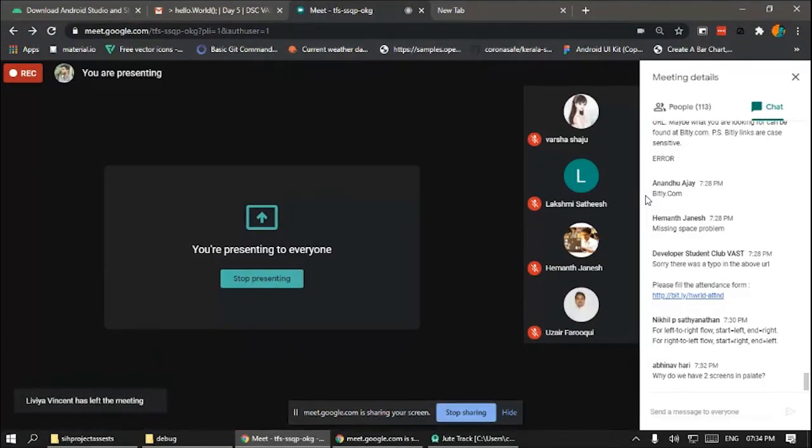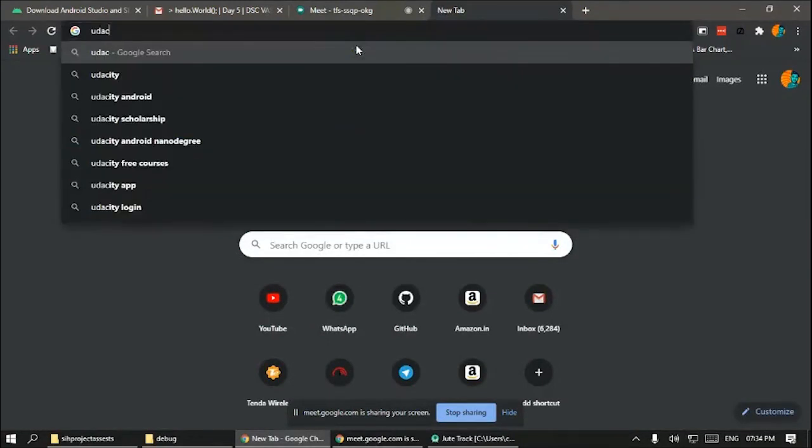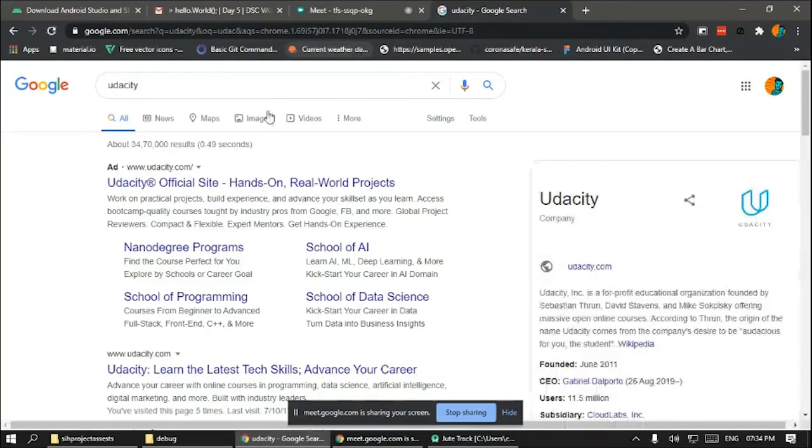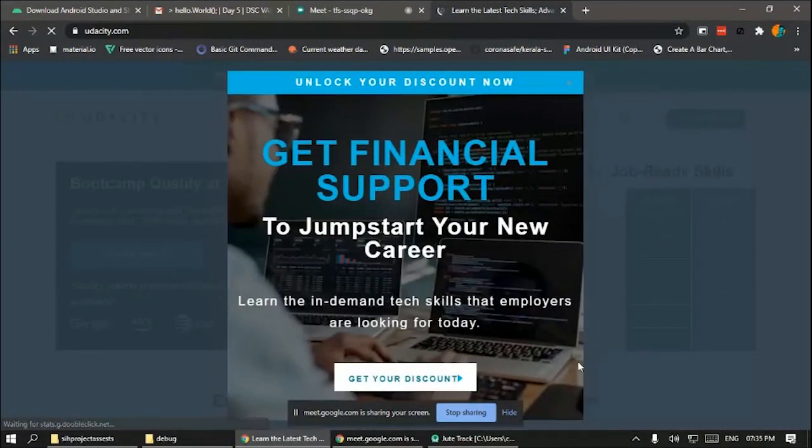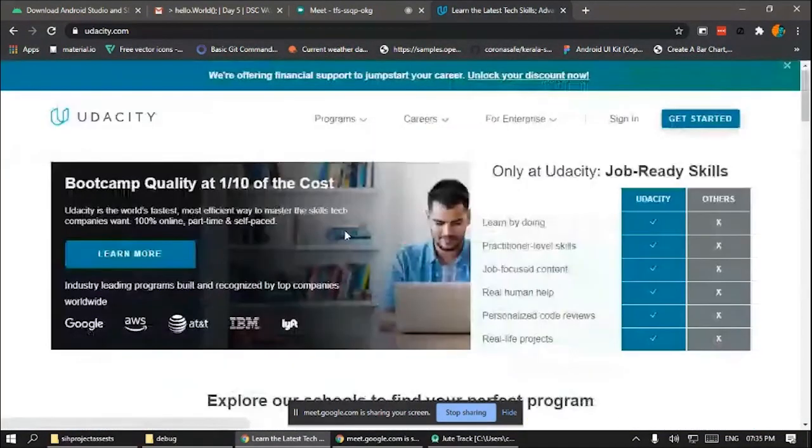Like if you are going to build a notes application, just learn the basics of XML. Just learn the basics of how to store this data in your phone and all. That's how it is done. Learn those basics and you are good to go. And if you really want to learn every basic, I would suggest Udacity, because as Nikilator, he started with Udacity. I started from Udacity, and there are a lot of people who started with Udacity and are doing fine. As you can see, it's paid content, but if you look closely, there is free content.